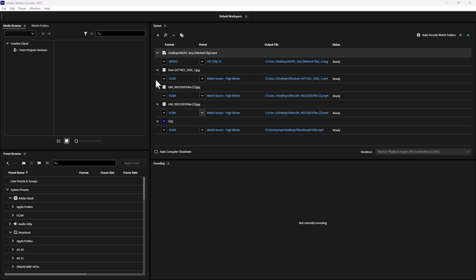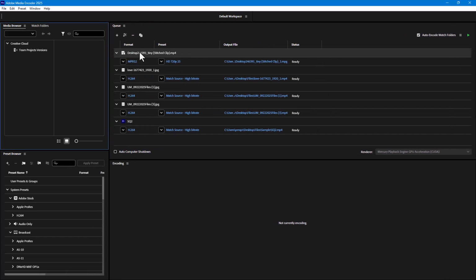So over here, you can see that I got some files loaded up right here. Now if I were to export these projects out, they'll be exported with these file names right here. You can see that it says desktop 246391 underscore tiny stitch clip. But if I want to give a more sensible name, you can simply go onto the output file address